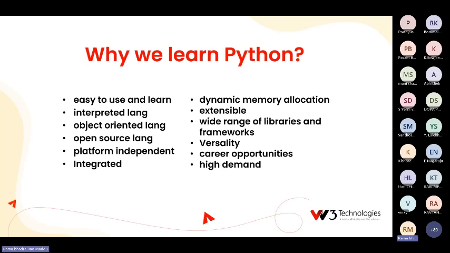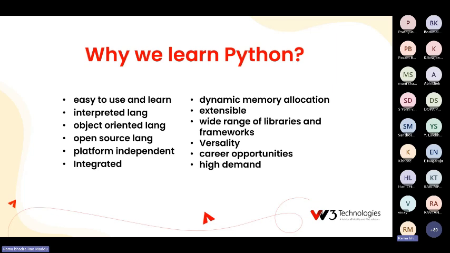And Python has dynamic memory allocation. Dynamic memory allocation means whenever you require storage, only then Python will allocate memory. The memory control is completely dynamic, and it is handled by Python itself.